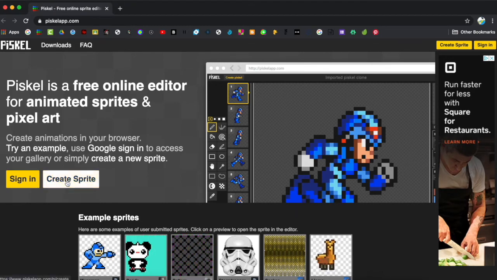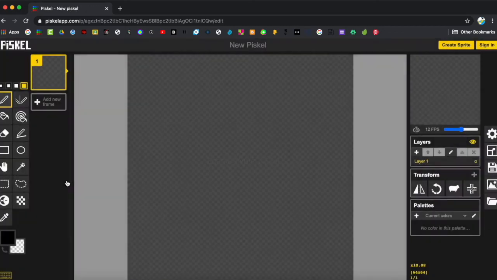You want to click Create Sprite. Your workspace is fairly basic. We have our toolbars on the left, our color picker underneath the toolbar, and the pen size or line width at the top from 1 to 4 pixels. We're going to ignore these two frames for right now. On the right hand side, we're also going to ignore these set of frames, and we're going to pay attention